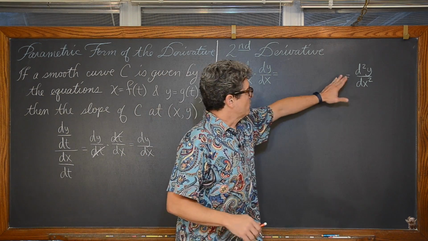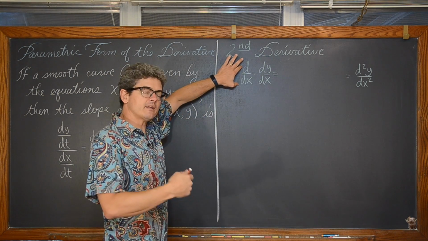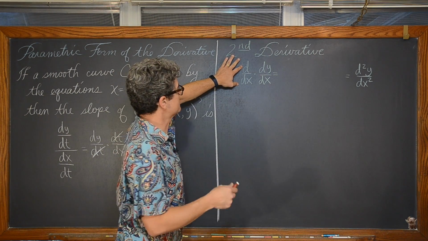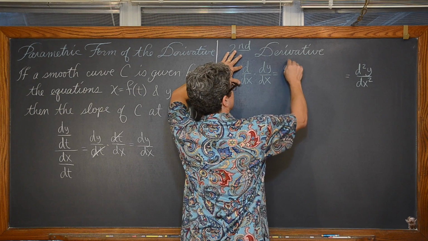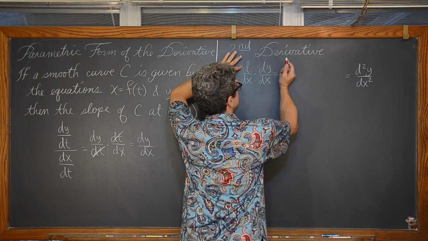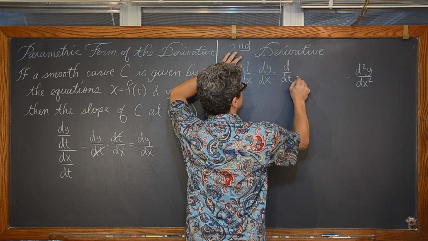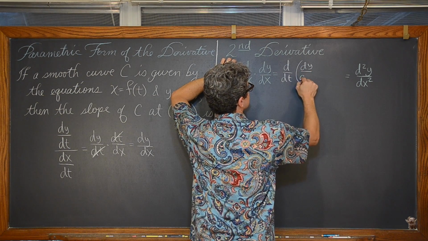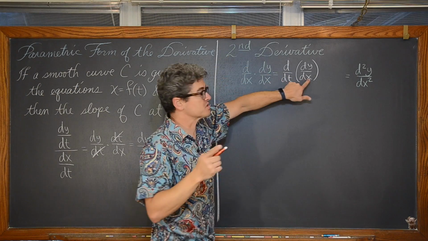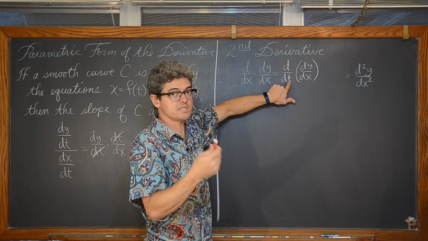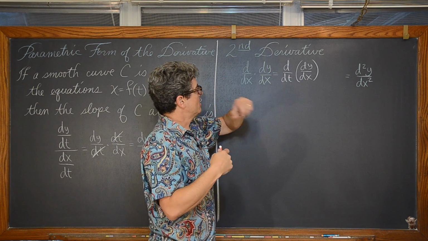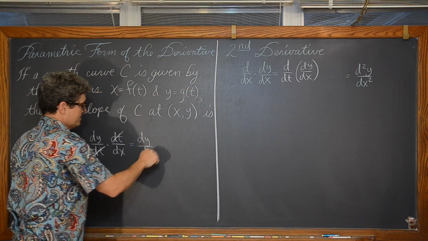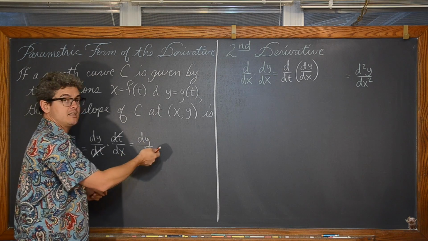What's in the middle here? We need to do something to bring that variable of t into our derivative notation. Now, how that's going to look is this. We're going to take the derivative with respect to t, and write it correctly, of our first derivative, dy over dx. Now remember, that first derivative is going to be in terms of t, so that's good. But I need this sort of d over dx, right? I need a derivative, right? This first derivative notation doesn't have any t's in it.